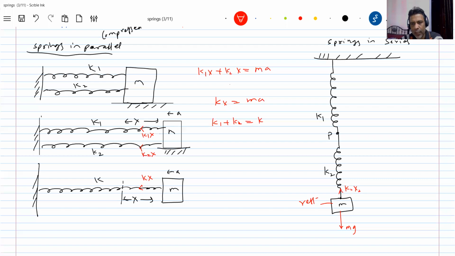So K2 X2. Then what is the state of the spring? Let it be elongated. So how is the spring force here? On this spring, you have to show it like this. When a spring is elongated, you have to show forces acting towards the center of the spring. What is the state of the upper spring? It is also elongated. So then the forces here are K1 X1. So what is that point P? It's like a joint.